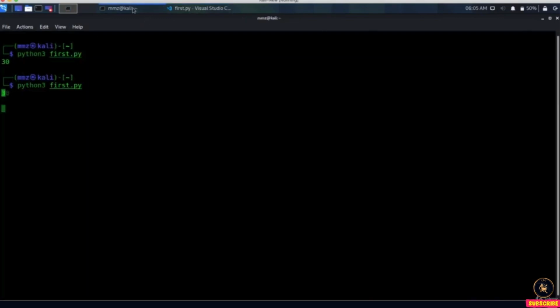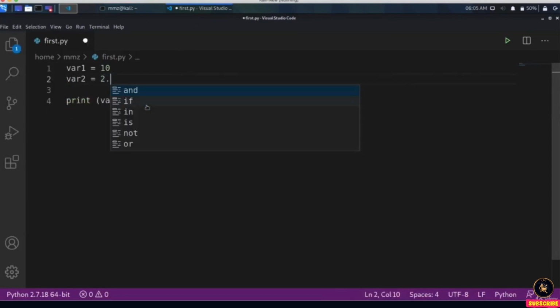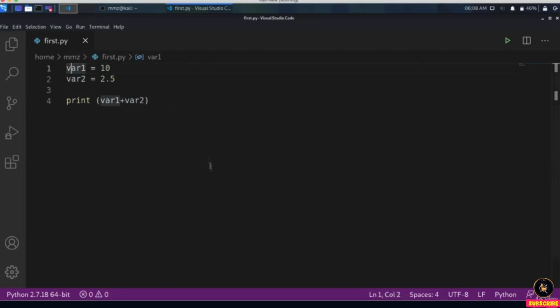So yeah, like this. So you can see that it is 30 as well. All right, now this is the same thing for 0.5. So if it is float, integer, it will print and will do everything as expected. All right, now actually one thing I want to mention, which is we can put all the variables inside each